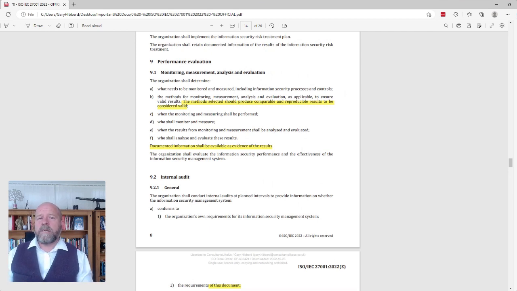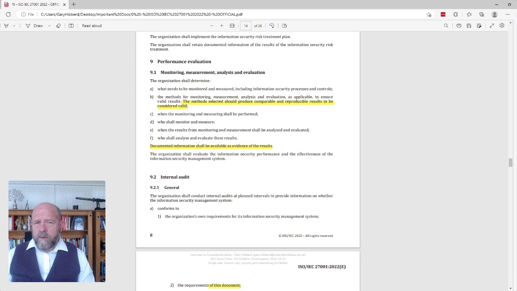And the reason I've done that is that I want to just highlight or emphasize a change in ISO 27001:2022. So you can see here that there are a number of very subtle changes which do have fairly dramatic impact on the requirements. So let's just take a look at what's being required under the first area of performance evaluation. Monitoring, measurement, analysis and evaluation. The organisation shall determine what needs to be monitored and measured, including information security processes and controls.